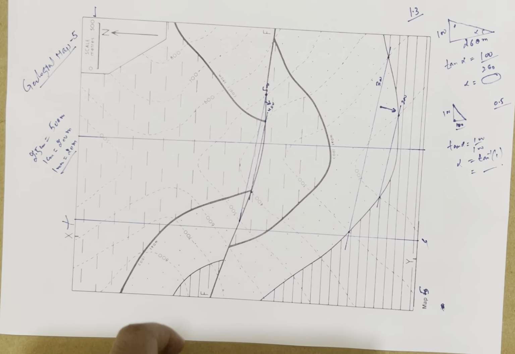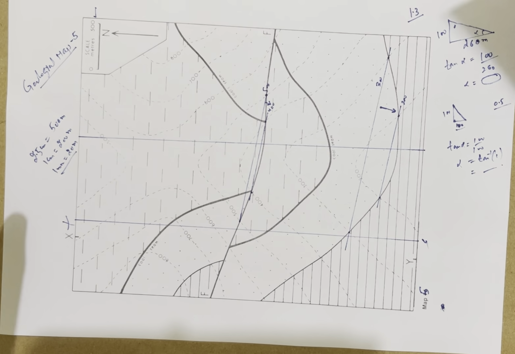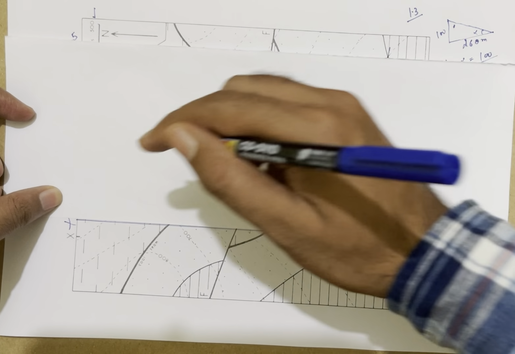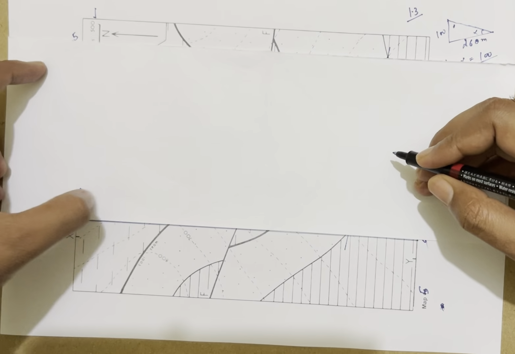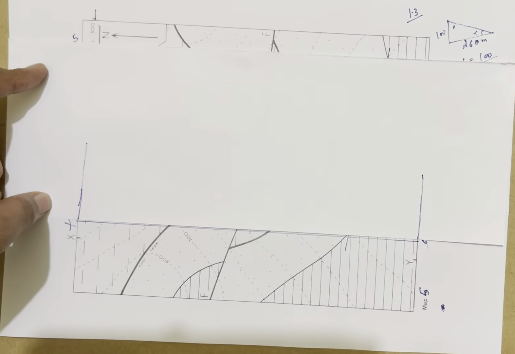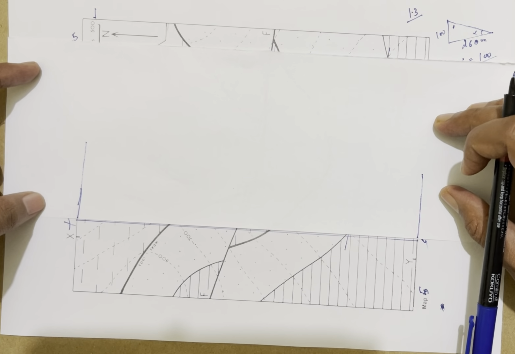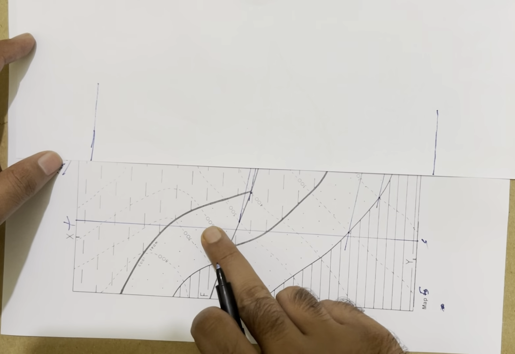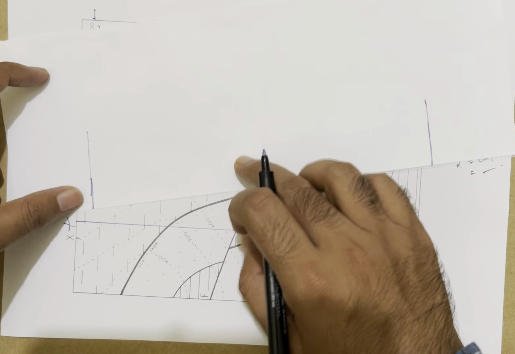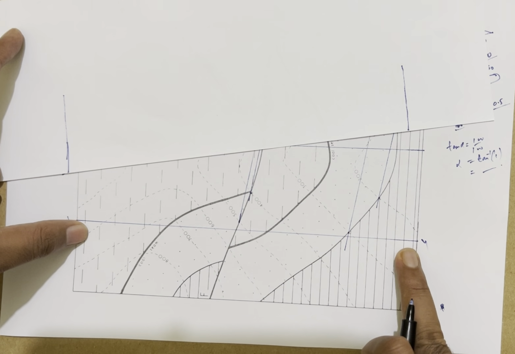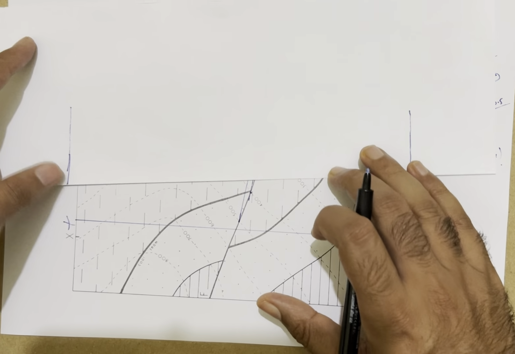Now we have to draw the cross section along this XY line. You can use this scale for this, but I'm not using this scale. So these are our contours. This is our 600 contour. Maximum one is 800, and we know one is 300, 200. So I will start with